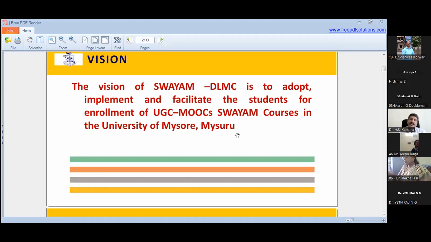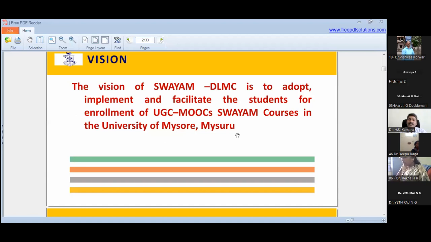The Swayam coordinator facilitates whatever courses are made available on Swayam and brings them to the notice of the university: these are all the Swayam courses that are available. Then we need to facilitate and update UGC on how many students have enrolled. We also update the examination details, because every time they announce the examination date for the entire country, and on that same date our university may have some other exam. This examination date is fixed for the entire country and conducted by the National Testing Agency.